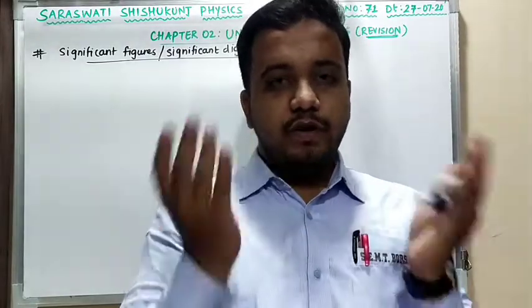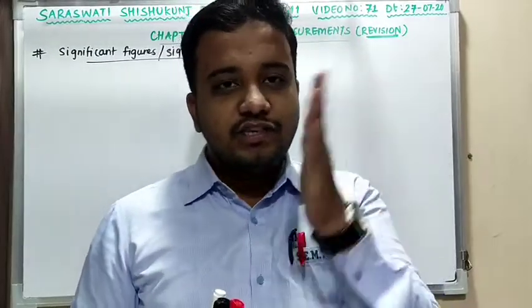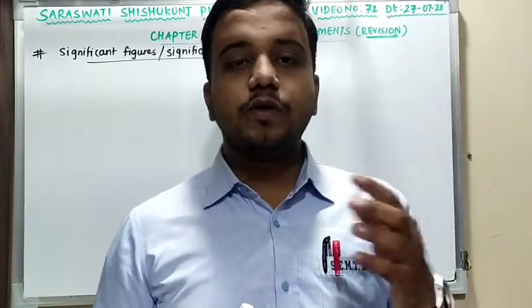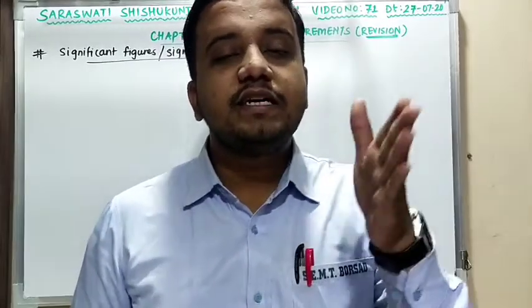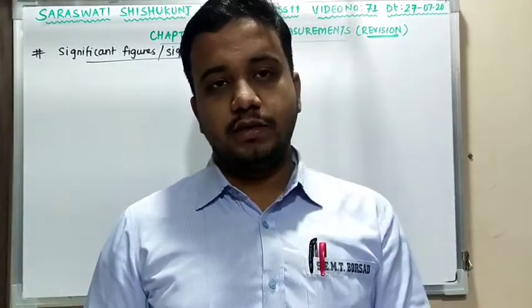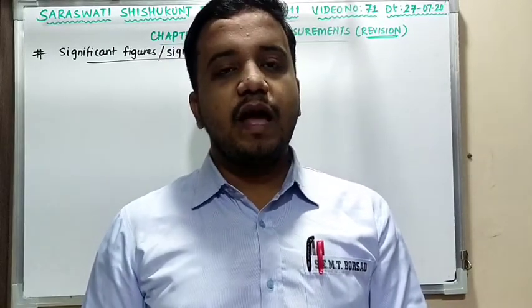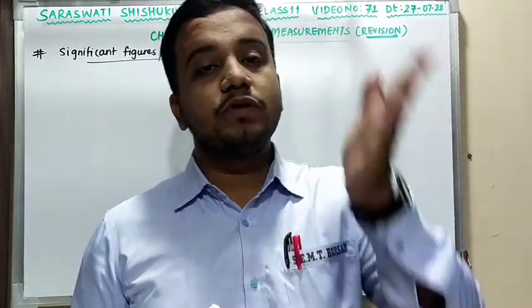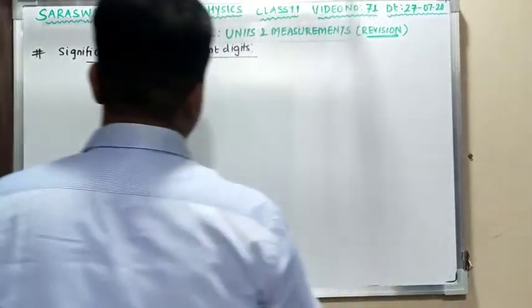Whenever you report a measurement, you will be able to see that there are digits in a figure. Yes or no? When you report the measurement, you have some number in which there are some digits. You will see that there are reliable digits as well as one uncertain digit. This combined forms significant figures. Clear? In every measurement you have reliable digits plus one uncertain digit, which is the rightmost one. Clear? I'll give you an example.